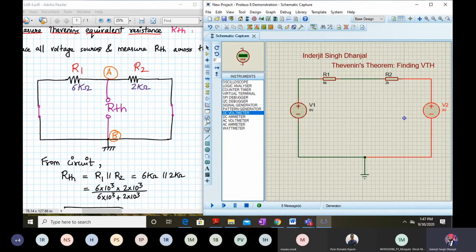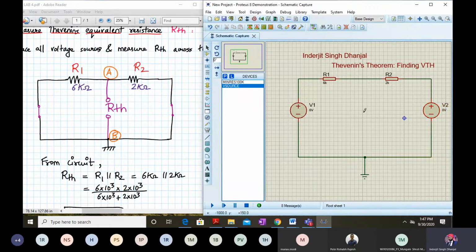I'll go to components. I'll add a voltage source over here like this. If I add a voltage source and find the current flowing through it, my voltage divided by that current will give me my R, because V is equal to IR.